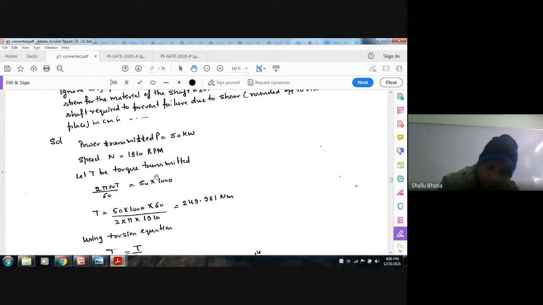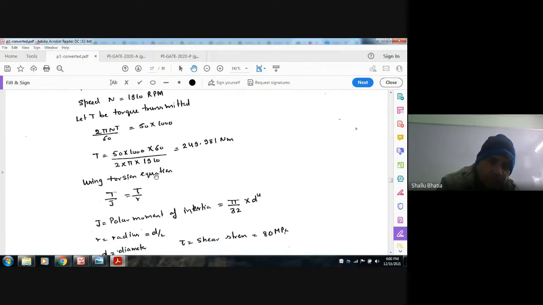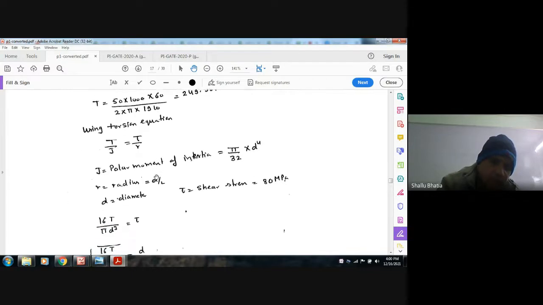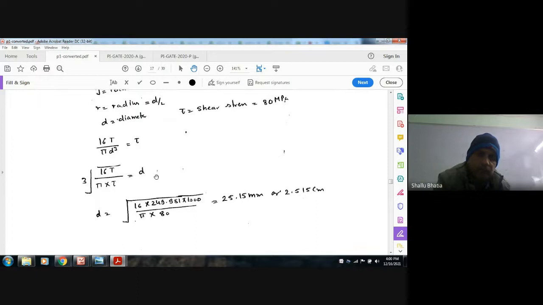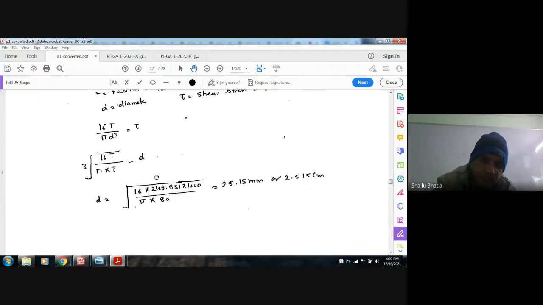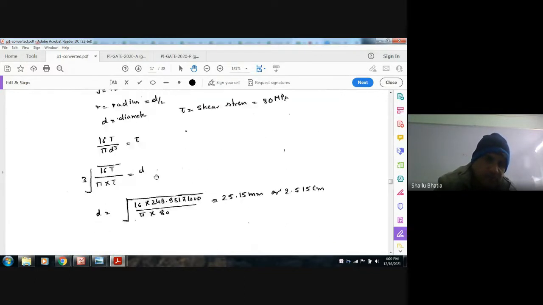Okay, and then using the torsion equation, T by J equals tau by R, where J is the polar moment of inertia, pi d to the fourth by 32, and R is d divided by 2. Okay, stress is given, so we can find out the diameter, that is 2.515 centimeters. Okay. Next,